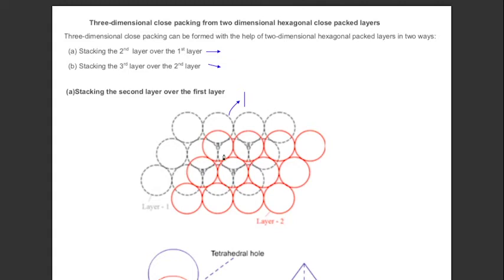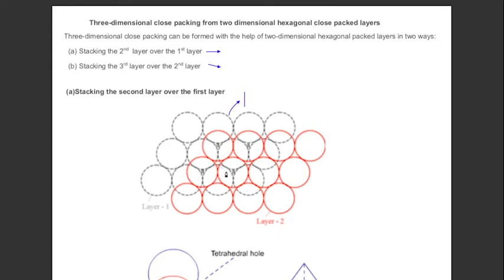So after stacking of the second layer over the first layer, we get two types of voids. One type is the voids of the first layer which are occupied by the second layer, and of course voids of the second layer. See, this is the void of the second layer, and it is occupied by a first layer sphere. So one type of voids are covered by the spheres of the other row, and the second type are voids of the first layer which remain unoccupied by